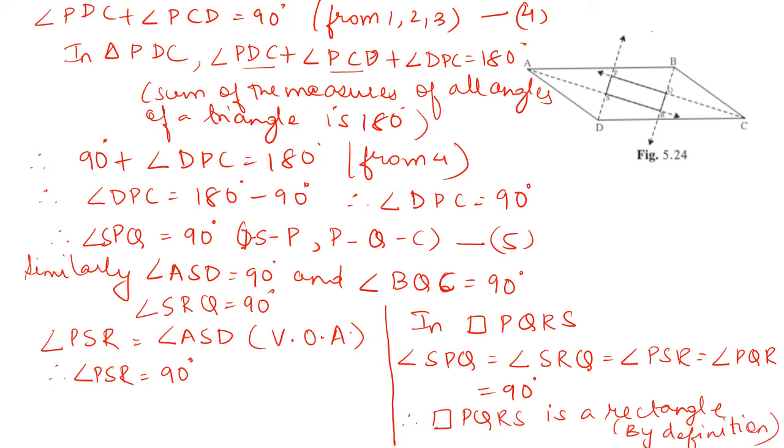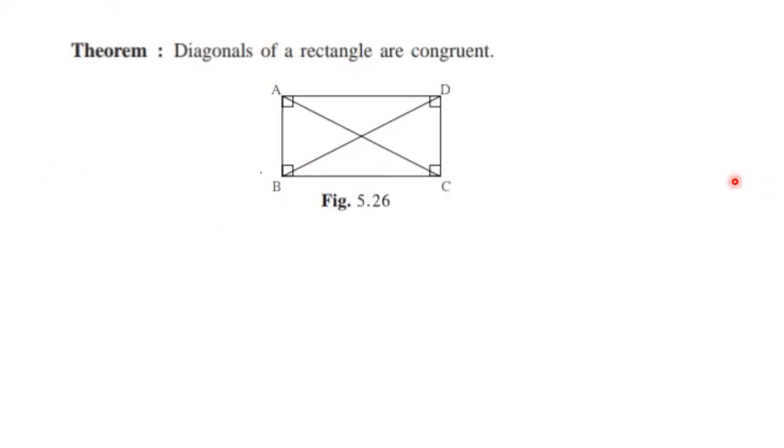Okay, so we have proved that angle P, angle Q, angle R and angle S are 90 degrees. So then we can say that PQRS is a rectangle. Then this is just a theorem. You need not solve it, but you need to know what it is. Diagonals of the rectangles are congruent. That is